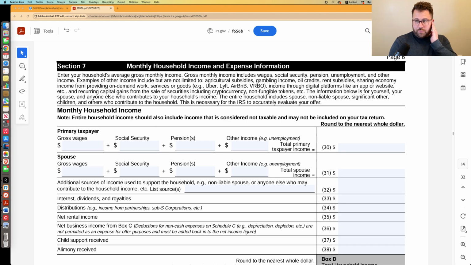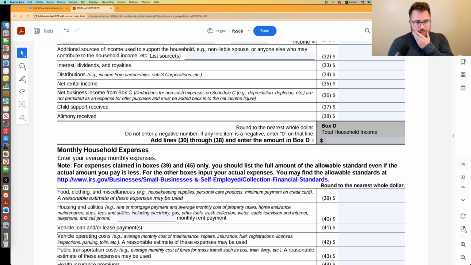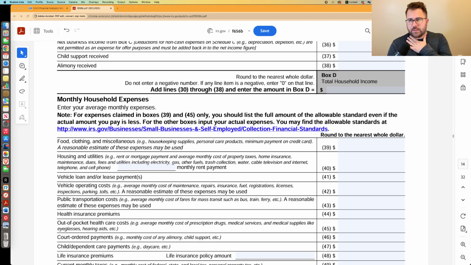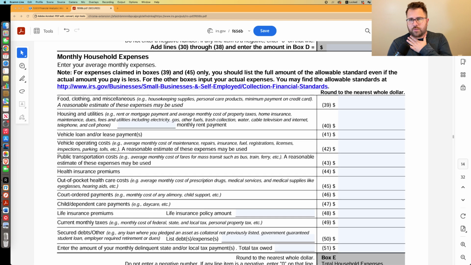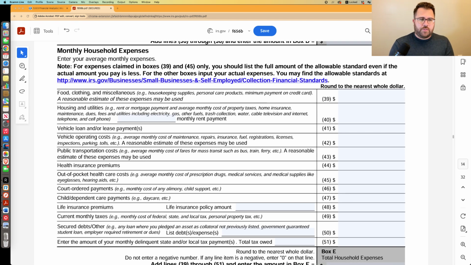So, if your mortgage doesn't exceed the standard for housing for your area and your family size, if it was just a single taxpayer who doesn't have a non-liable spouse, then we'd put their entire housing expense here on line 40,